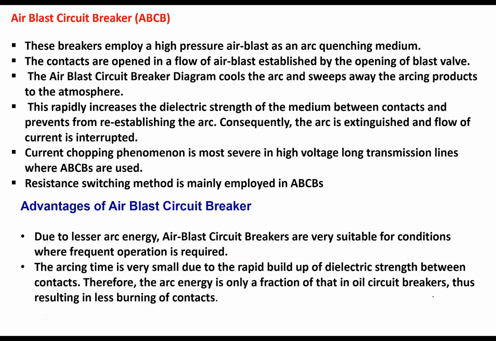So the next type of circuit breakers are air blast circuit breakers. What is the medium, and how is the arc quenched? When the arc is formed between the fixed and moving contact, we inject a blast of high pressure air. The pressure will be in the range of 30 kg to 50 kg per centimeter square. A huge air blast we will inject across the arc. In this way, the arc is quenched.